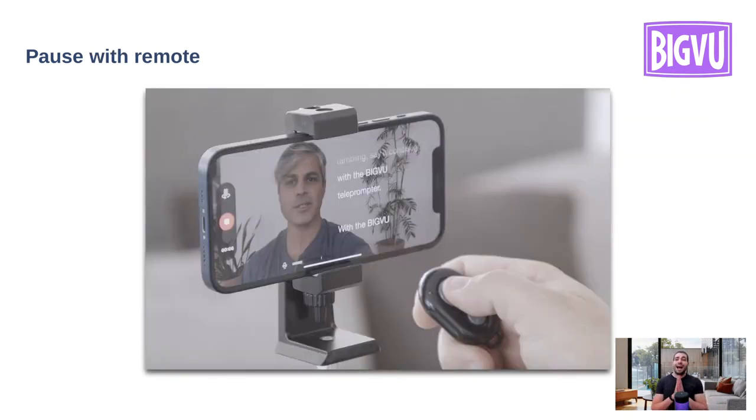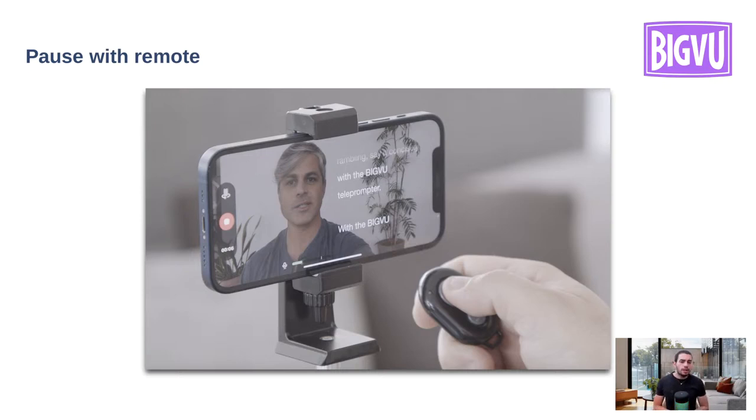And also for iOS users, if you have an iPhone or iPad, you can buy a remote control, I don't know, for $5 to pause and unpause the teleprompter. So if for some reason you were reading, then you press pause, then you can improvise, you press again and you go back to the script. Okay, you can do this if you're using an iOS device, an iPhone or iPad. On the computer you can use the space bar to pause and unpause the teleprompter. Okay,